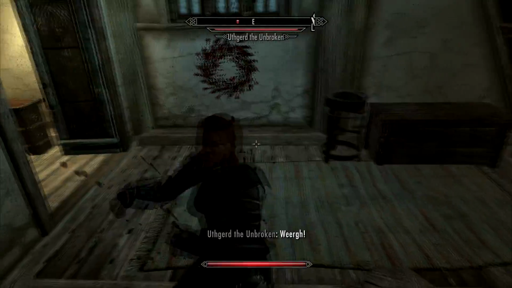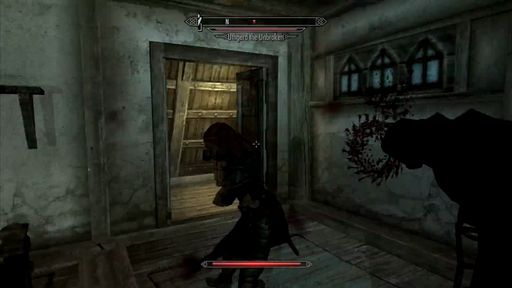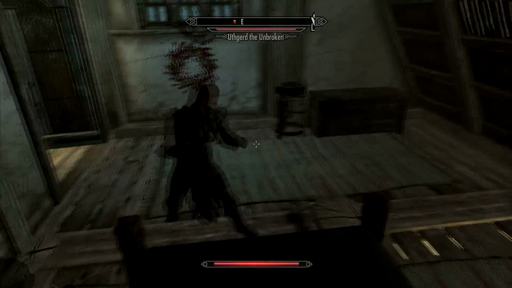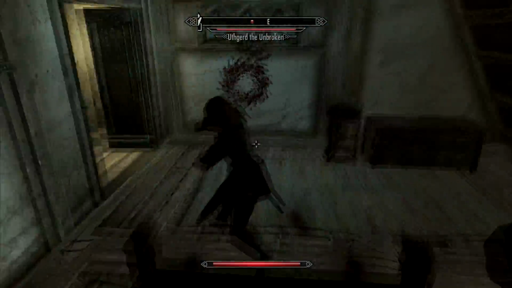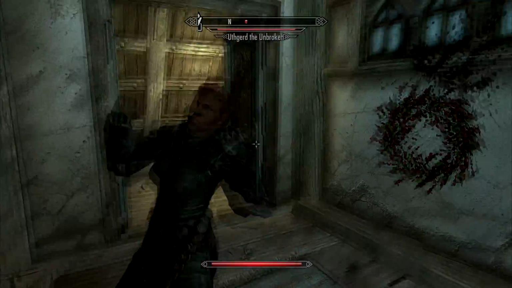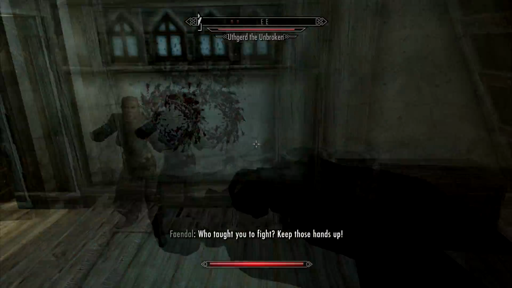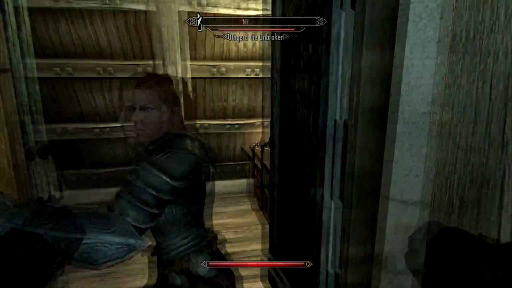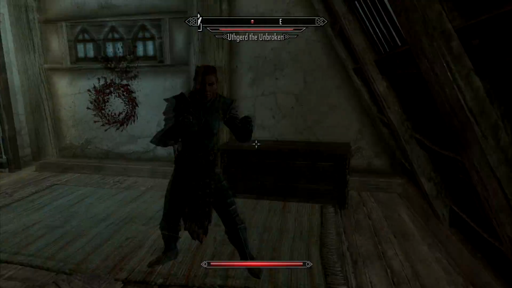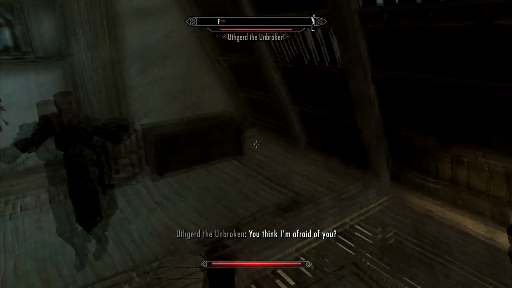Especially at kind of low levels like we're at now. Uthgerd matches our level up to level 30, excuse me. She's a minimum level of 6. But when this is over, Uthgerd becomes a follower. I'm seriously considering whether or not to replace Faendal with her. Her attack MOs are actually the same. Even though her default weapon is a greatsword, she levels in one-handed, block, heavy armor, and archery. So the only real difference between her and Faendal, if you're optimizing her class abilities, is...